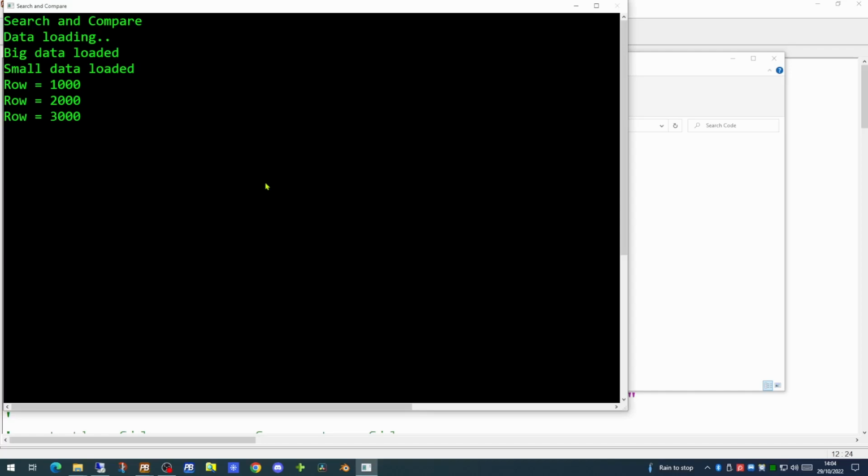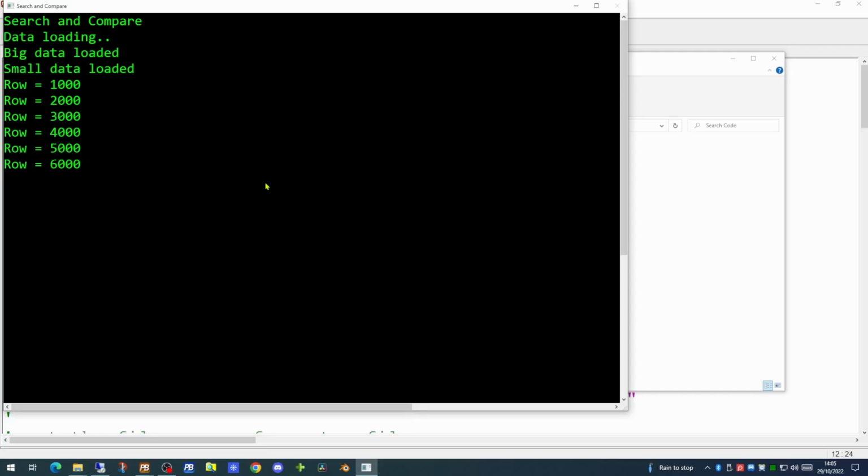The reason for this is quite straightforward. For each record in the small file, which is around 10,000 records, it has to search to see if it can find a match in the large file. So it may have to search through many records before it actually finds the match. In fact, for some of the records in the small file, it may have to search through almost 100,000 records in the large file. And certainly for the missing ones, it would have to do that at least 20 times. This explains why it's so slow.